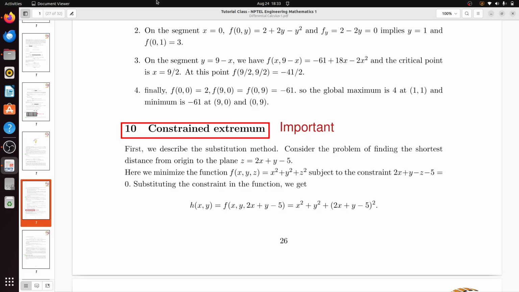Sir, x equal to 5 by 3, y equal to 5 by 6. X equal to 5 by 3, y equal to 5 by 6. Okay, now determine z from this constraint, and then take the square sum and take the square root, you will get the answer. So you will get the point, and then from the origin you can determine the distance.